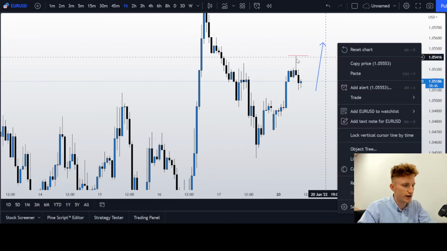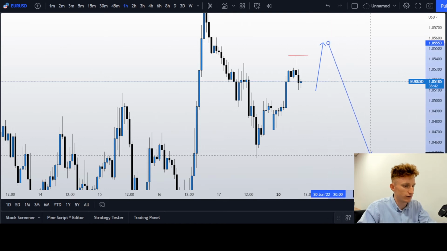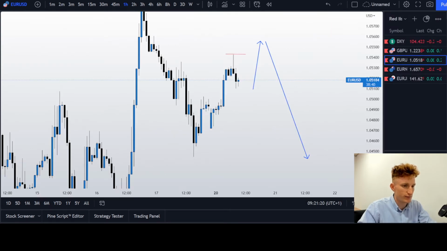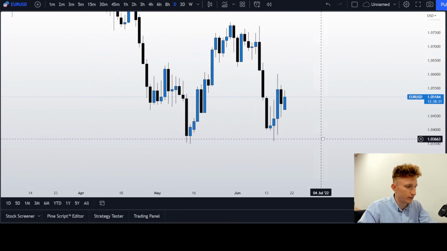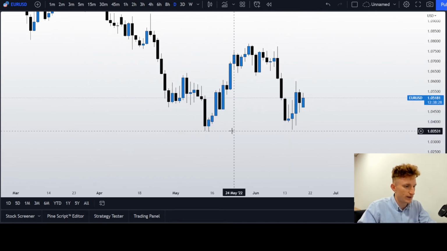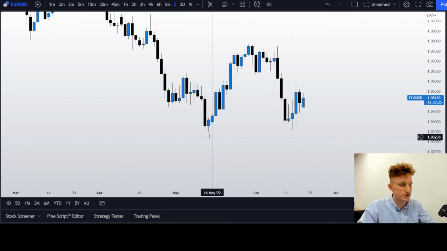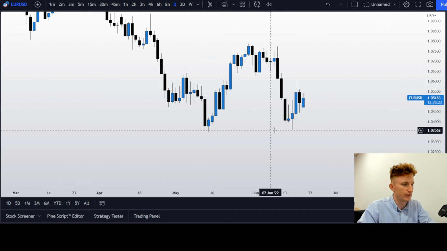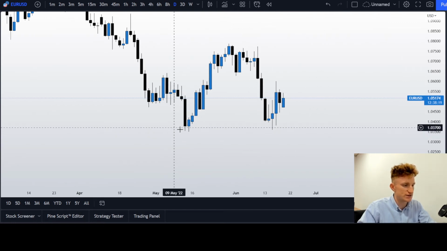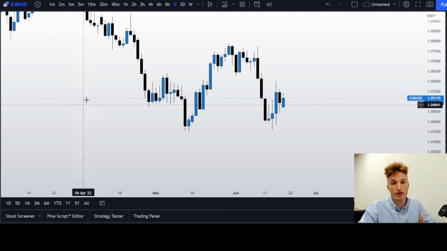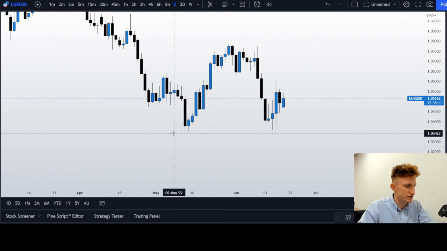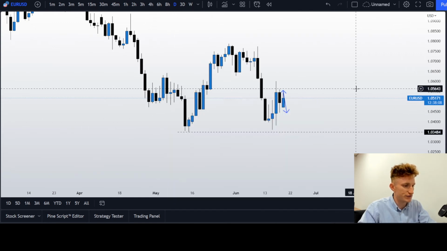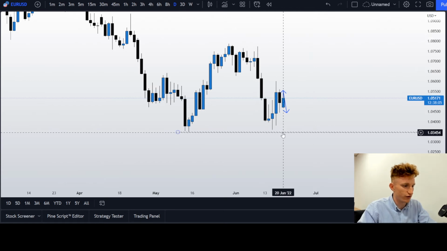Once we clear the high over here, then I will be looking for maybe bearish momentum, because from a fundamental perspective, if we look at the daily, and even at the weekly, we can see these are for me kind of obvious equal lows. Okay, they're not really equal lows, but I do consider this as pure liquidity. So we might actually try to seek the liquidity over here, and if we are right and we are bullish on DXY, the dollar index, then I really would like to see Euro USD seek this low over here. And by the end of the week I really would like Euro to trade lower,